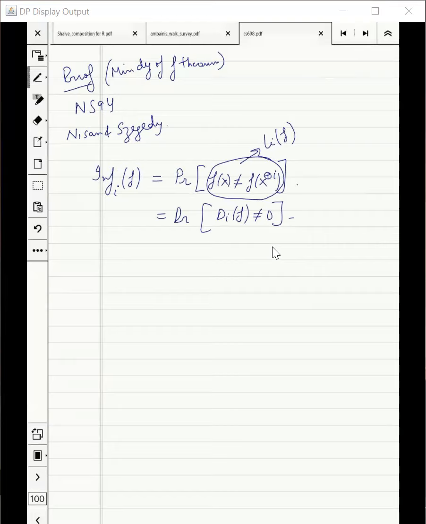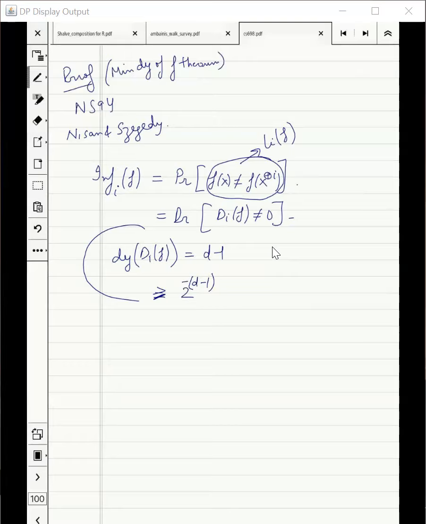That means the degree of DIF is exactly equal to D. This implies this probability is greater than 2 to the power minus (D minus 1). Sounds good,